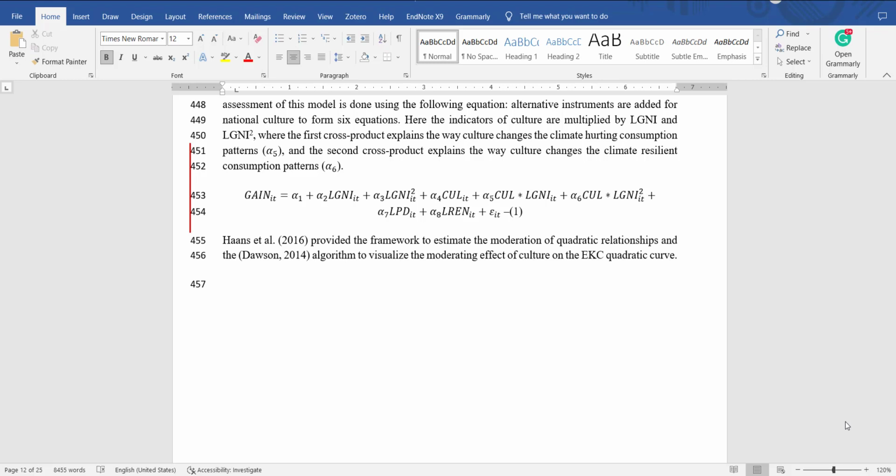So the example equation is shown here. You can see the independent variable and its square, then one moderator and its cross product with the independent variable and cross product with the independent variable square. So alpha 2 and alpha 3 will give us an idea of the shape of the quadratic curve. Alpha 4 will be the intercept of the quadratic curve, where it starts, and alpha 5 will tell